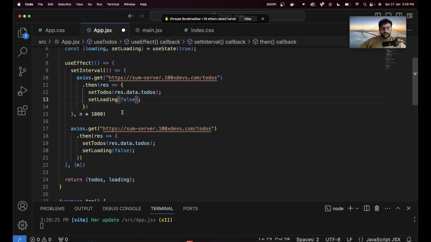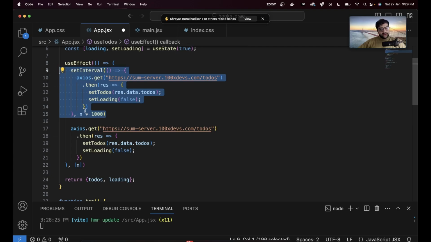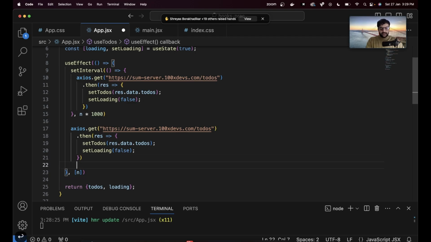I repeat, if n changes, you need to make sure that I start a new interval for the new n, but I need to stop the interval for the old n. Otherwise, I will have two intervals running, two clocks running. Basically, you're hitting the backend more often than needed. So how do you fix this? Can you guess now? I think we discussed this today. We need to create a